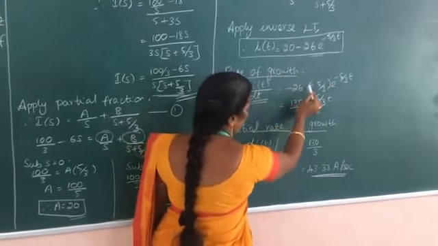di by dt at t is equal to 0. So you have to substitute the value for t in this equation. So you are getting this value: initial rate of growth of current is 43.33 ampere per second.